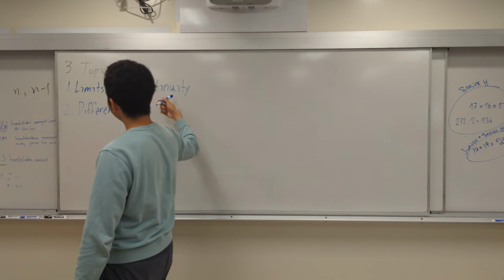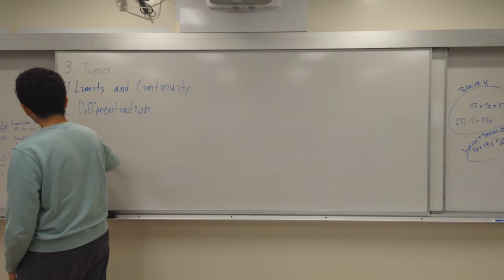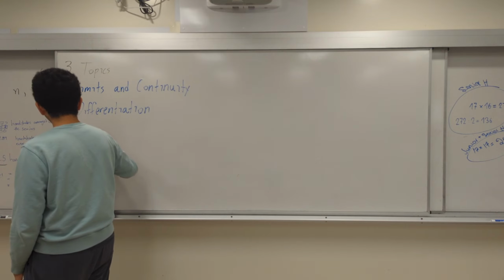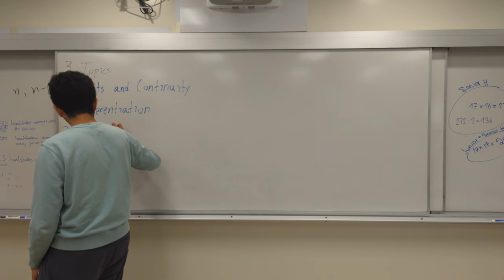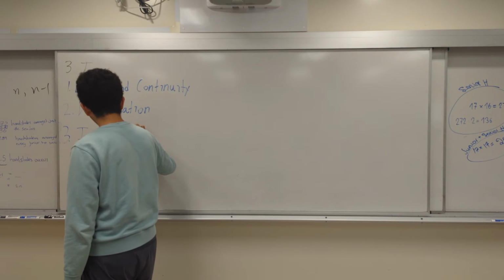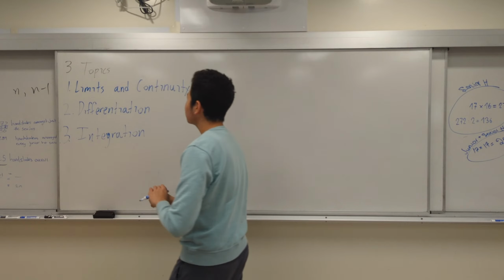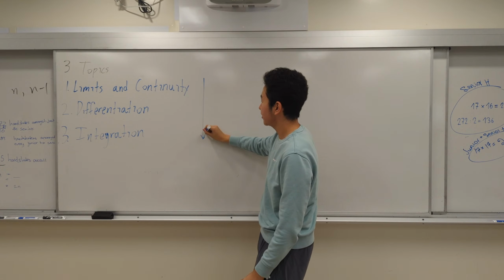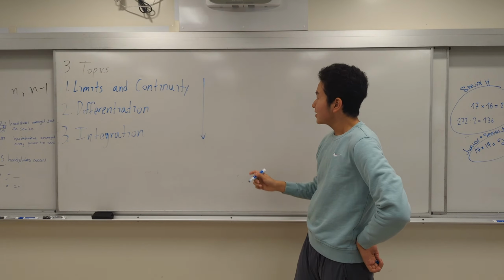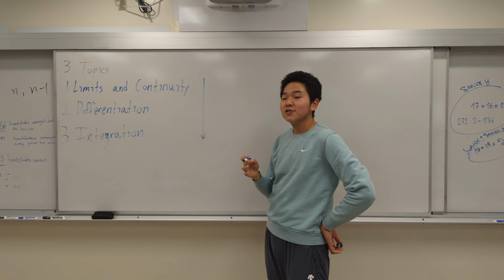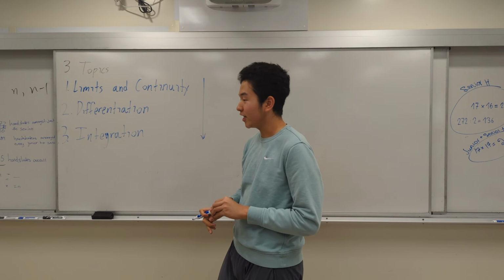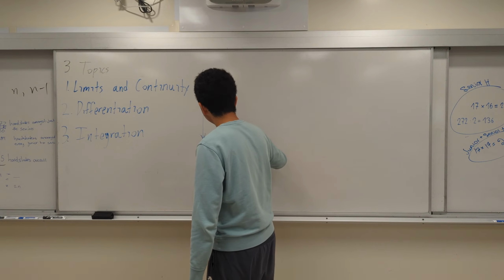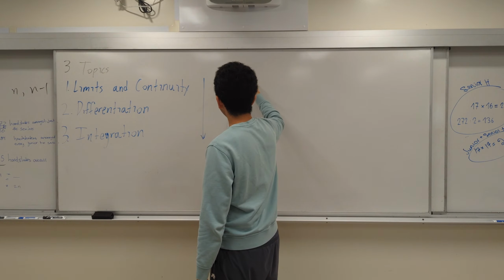And then, knowing units 1 and 2, the third major topic is integration. Okay? So we learn it in this order, right? Limits and continuity, differentiation, and integration. This is how we learn, but if you actually look at the history of the subject, it actually goes backwards. So historically,